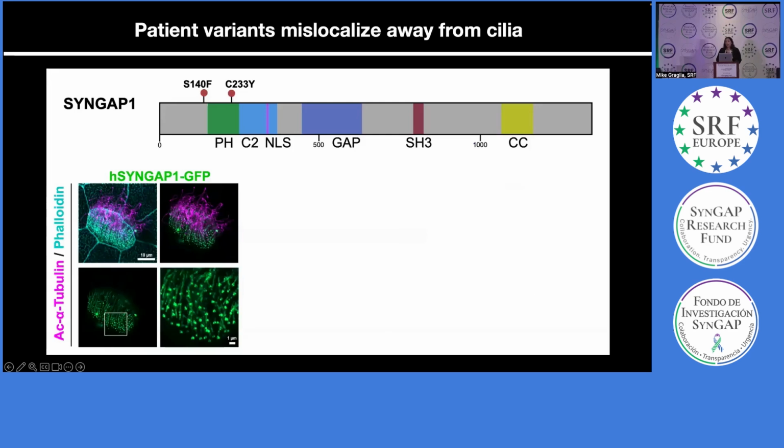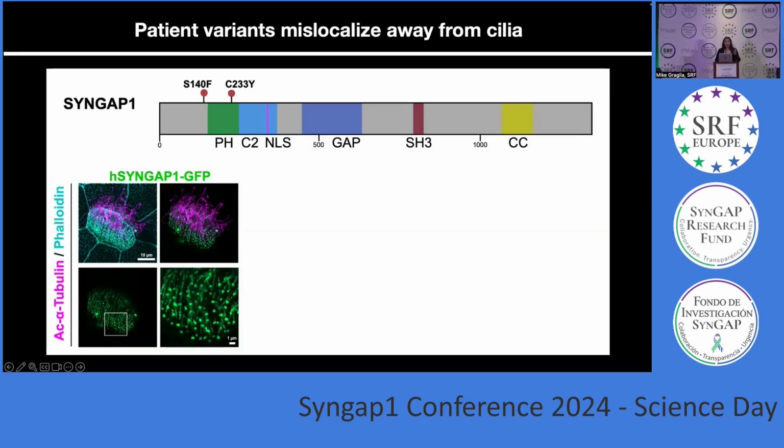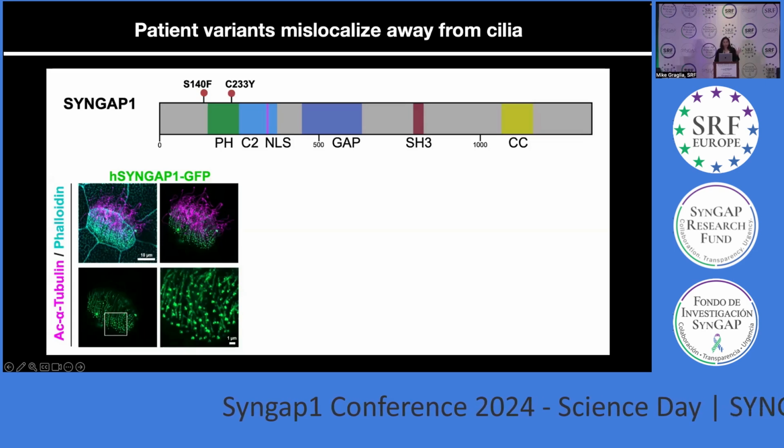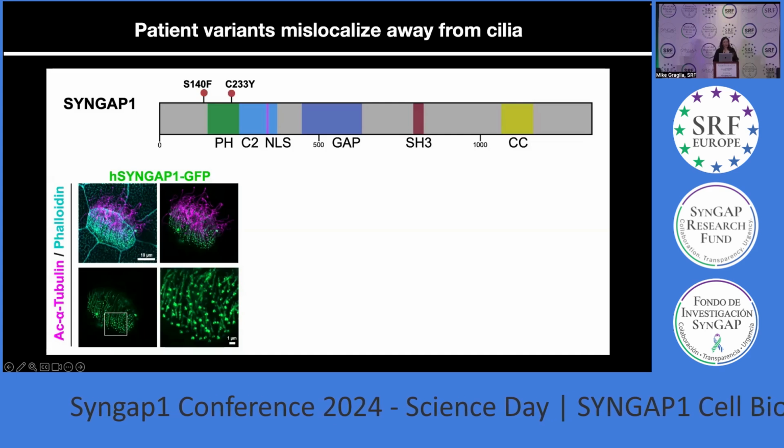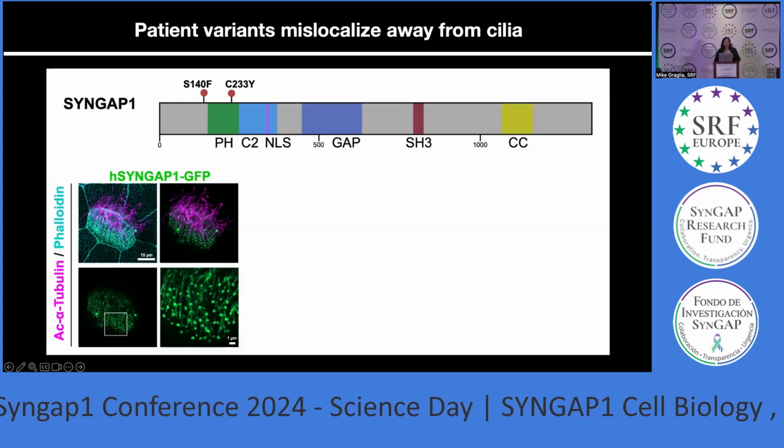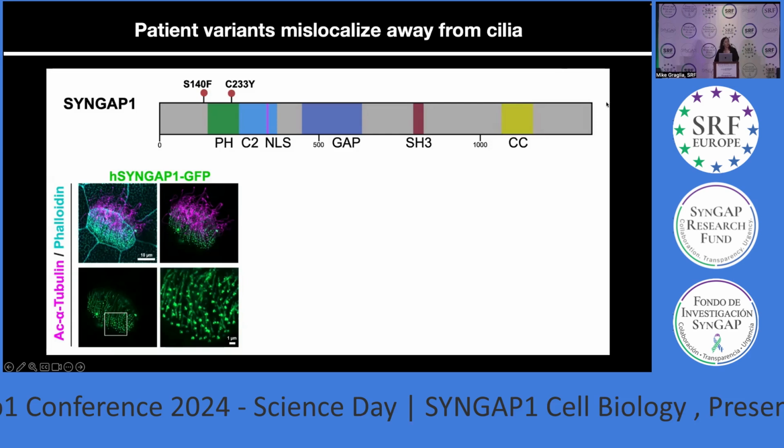So next we wanted to see if autism-associated missense variants affect cellular localization of SYNGAP1. And so for these experiments, we use SYNGAP1 alpha 2 because it's the only C-terminal isoform that contains all reported autism patient variants. And this isoform, unlike alpha 1, lacks the C-terminal PDZ binding domain, but it retains the coiled-coil domain, which will be relevant in a second. So just to orient you, the coiled-coil domain is here, and normally you'd have the PDZ binding domain here at the end.